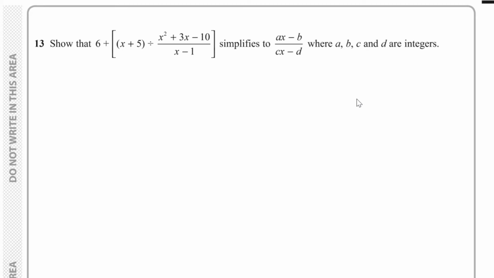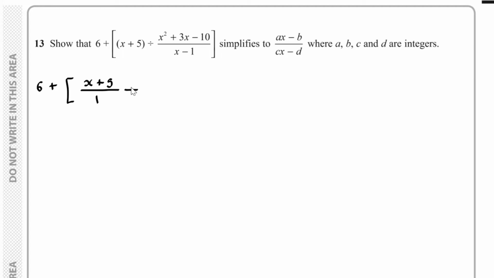Now for question number 13, we have to show that 6 plus x plus 5 divided by x squared plus 3x minus 10 over x minus 1 simplifies to ax minus b over cx minus d, where a, b, c and d are integers. So over here, first of all, we can factorize the x squared plus 3x minus 10. So we have 6 plus